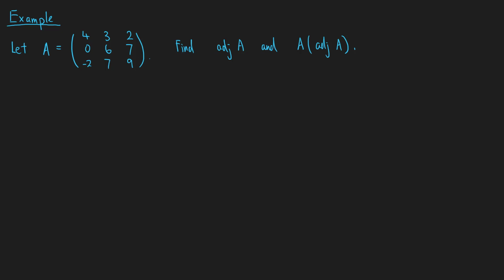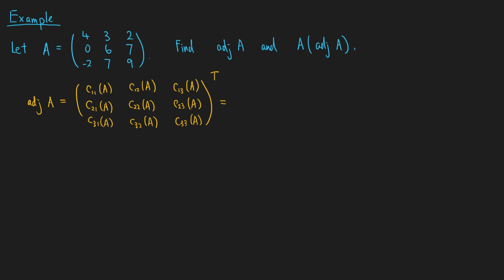Let's look at an example. Let A be the matrix 4, 3, 2, 0, 6, 7, -2, 7, 9, and we want to find the adjugate of A and A times the adjugate of A. The adjugate of A is the transpose of the matrix with entries Cij, where C11 is the determinant of 6, 7, 7, 9, C12 is the negative of the determinant of 0, 7, -2, 9, C13 is the determinant of 0,